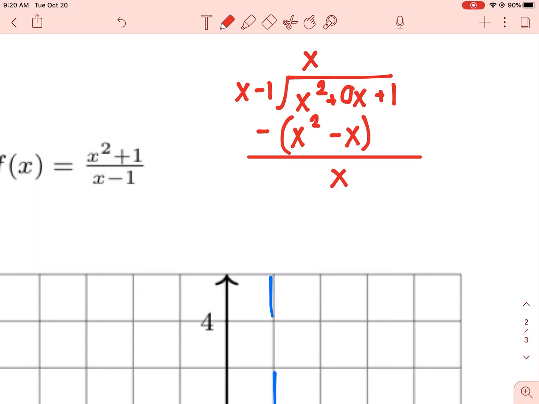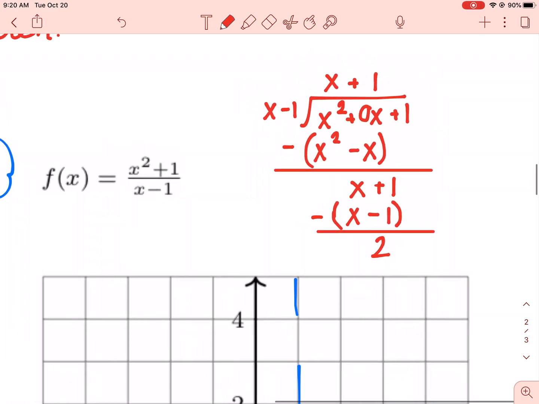X times what will give me x? Well, that would just be a nice plus 1. So then you multiply x by 1, negative 1 by 1. Again, you're subtracting the whole thing. So that means your x's will cancel. Oh, I'm sorry, this plus 1 needs to come down with it. Ooh, almost forgot that. X's will cancel. You get 1 plus 1, which is 2. That is what's called your remainder. So your answer is x plus 1 with a remainder